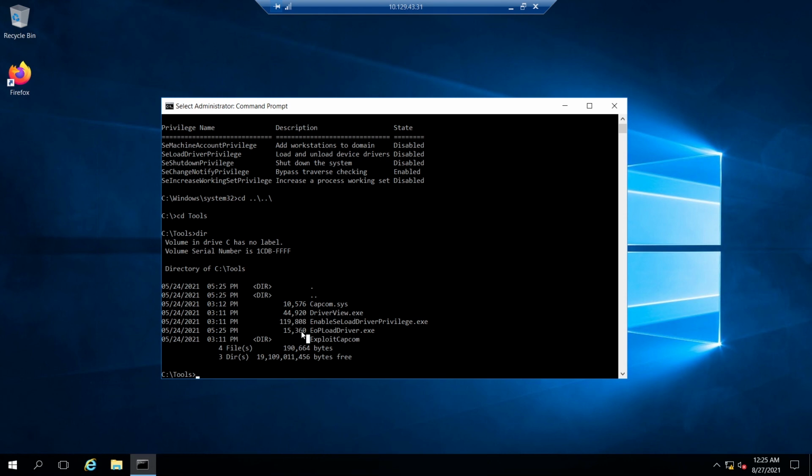So first we need to add two registry keys. It's in the current user, in the system, current control set, and here we need to add the new one, let's say Capcom, and the value name is ImagePath.